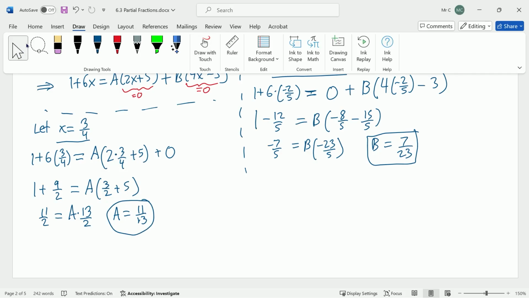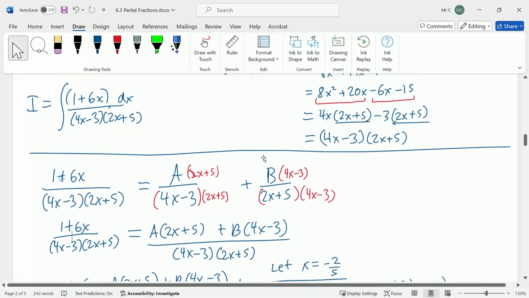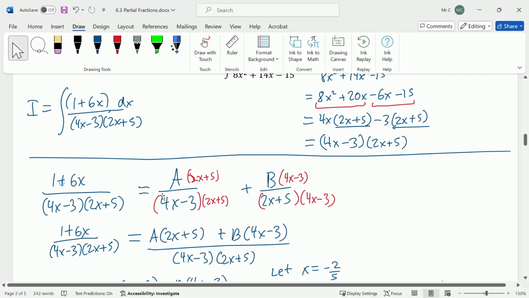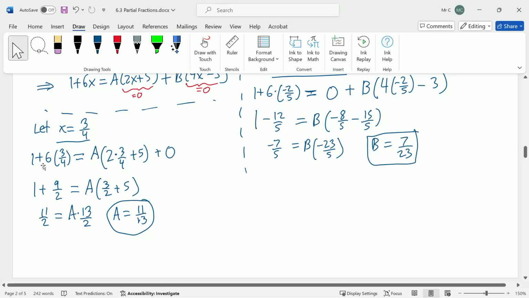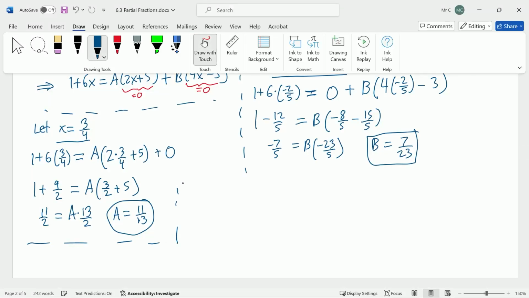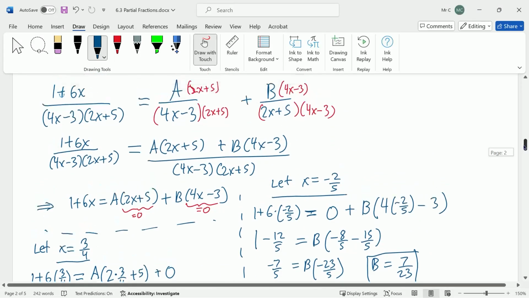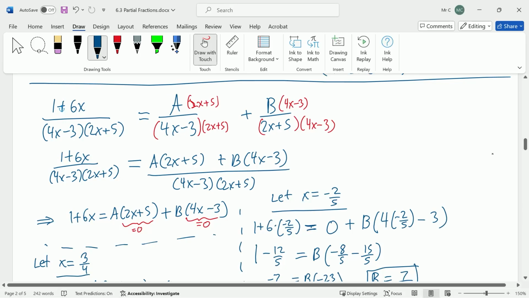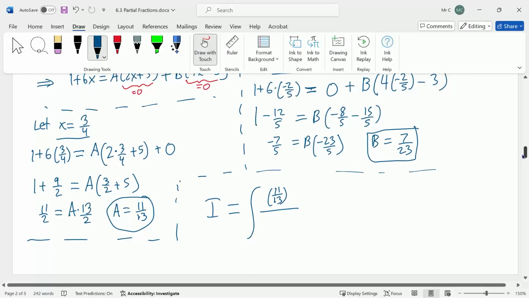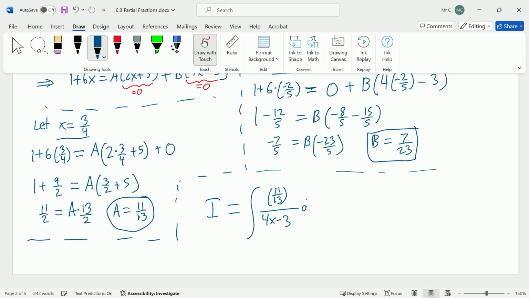So now we've solved for our missing constants, and we can rewrite our function in terms of the a over 4x minus 3 and b over 2x plus 5, right? That was the whole goal here. So I'm going to do that, but I'm going to plug it straight into the integral. So now we can say, all right, the integral is now written as 11 over 13 over, and it's always a good idea to double check which fraction was where. A was divided by 4x minus 3, so we want to make sure we put it in the right place. 4x minus 3 dx